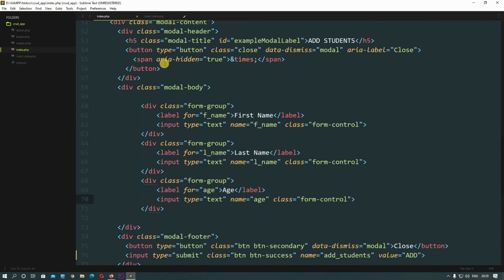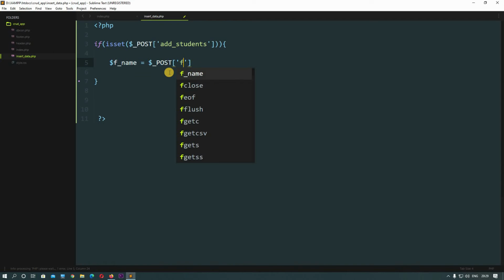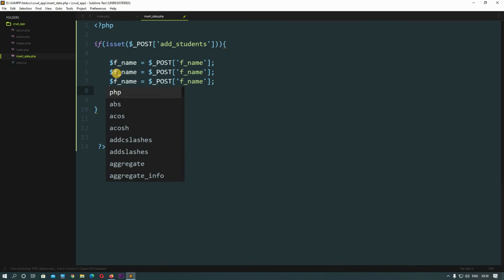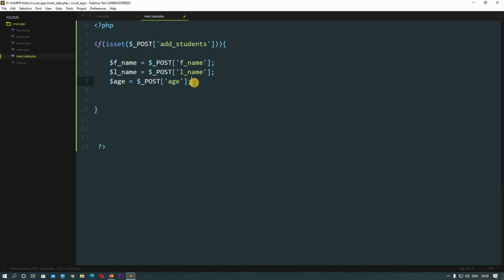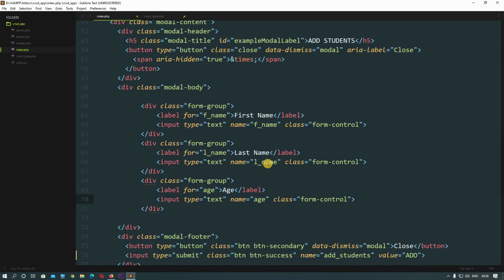Okay, so come here and write fname, semicolon, copy this line and paste it two more times. Okay, now change this fname to lname. Okay, and change this age to age. Okay, see guys, one thing, the name I'm using right here inside these quotation marks should be exactly the same as this name.